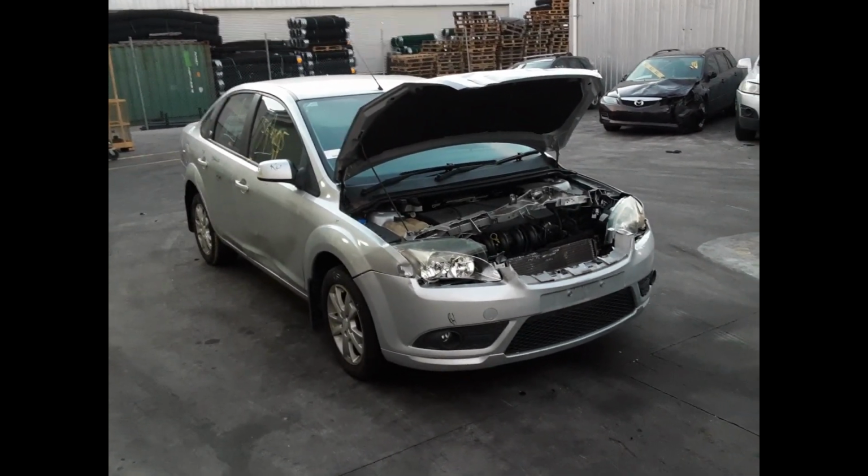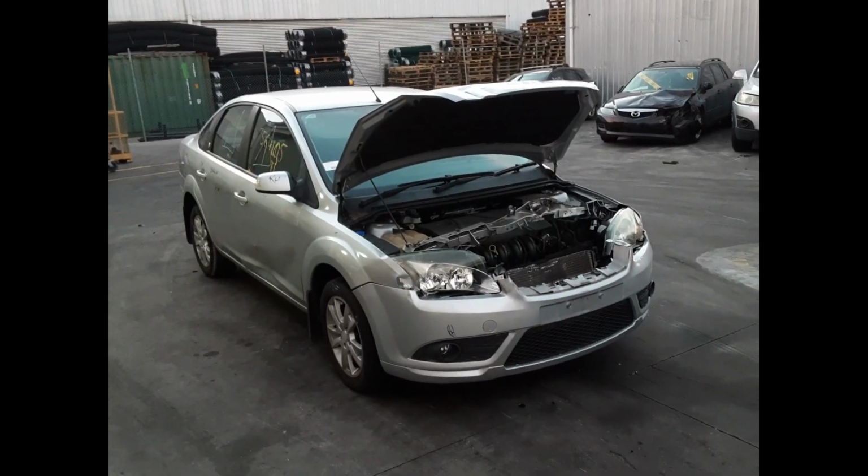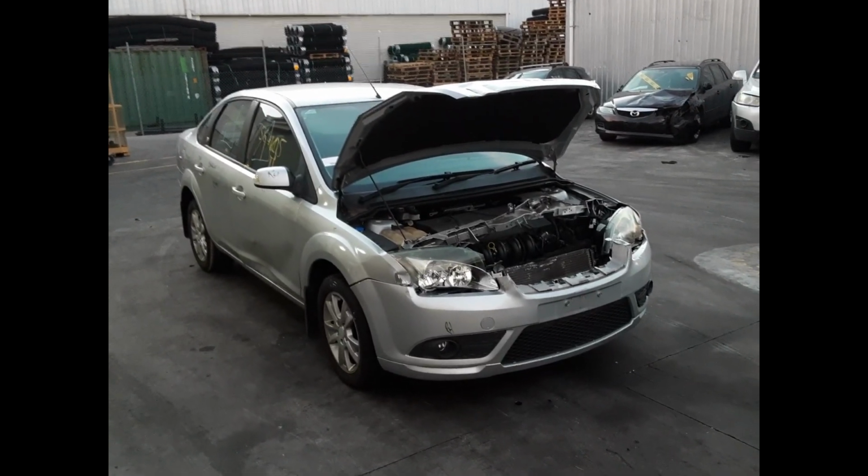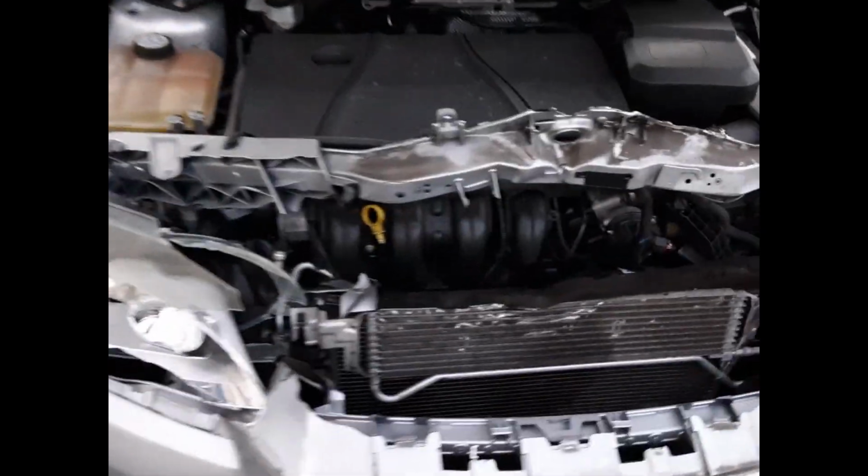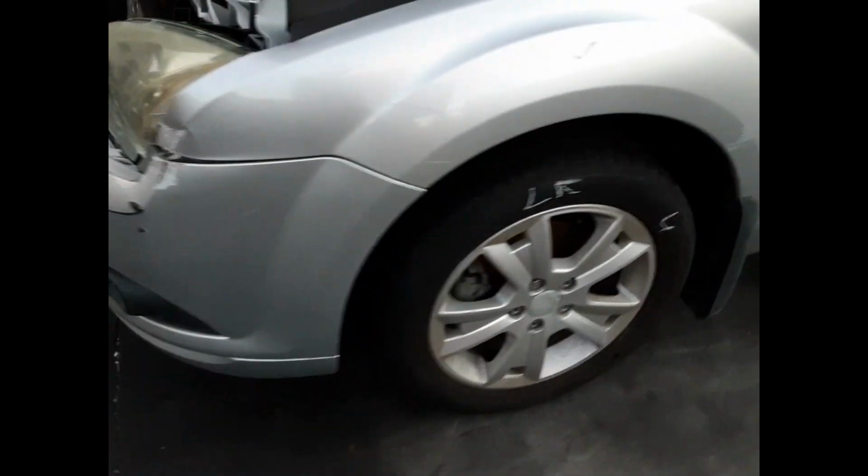Stock reference number 5553. This shape runs from the 6th month 2005 through to the 4th month 2009. It has a 2-litre 4-cylinder petrol engine backed by an automatic front-wheel drive transmission. We have the right-hand fog light, left-hand fog light, left front 16-inch factory alloy mag with